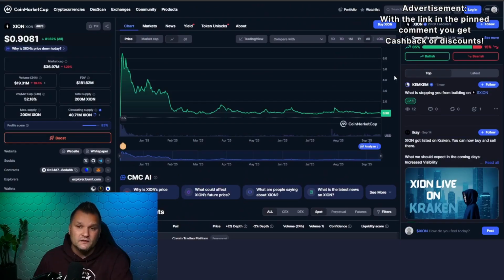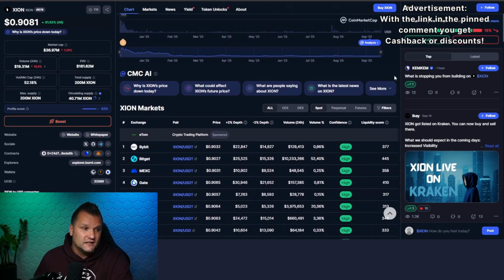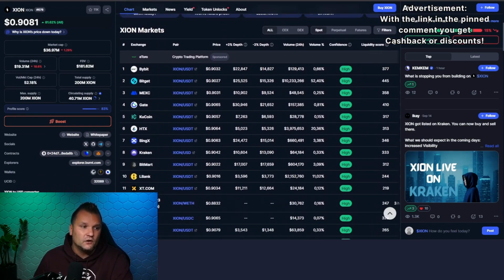Are you already finding this interesting and want to buy XION? So let's look for an exchange where we can buy it easily. It's already listed on a lot of crypto exchanges. Here we can see that the trading volume is mainly very high on HTX, that is Huobi, which is more from the Asian market. For the European market, I would recommend BitGet. We see many others like Mexi and so on, but the volume isn't really high there, it's mainly on BitGet.